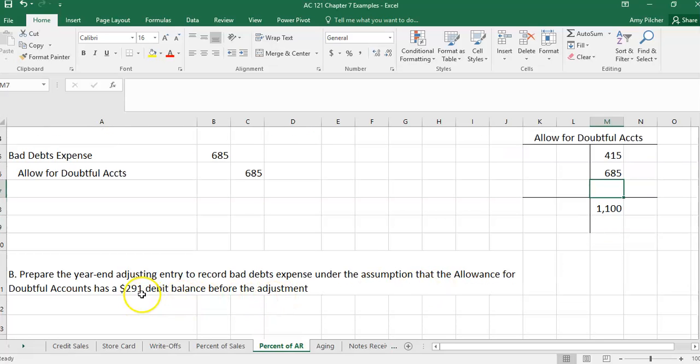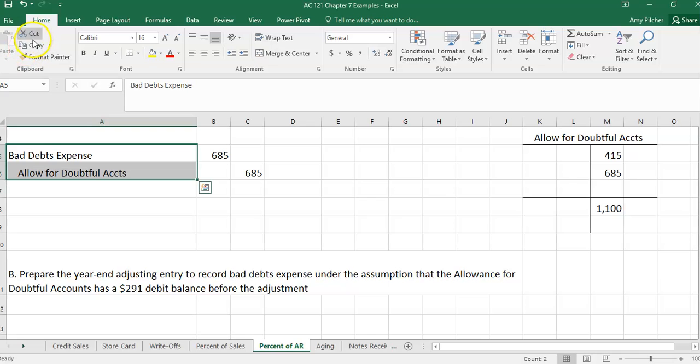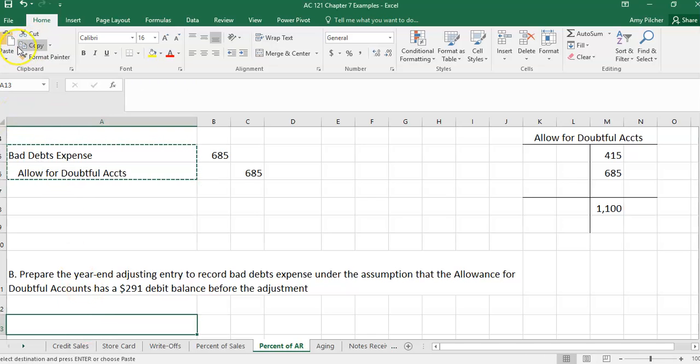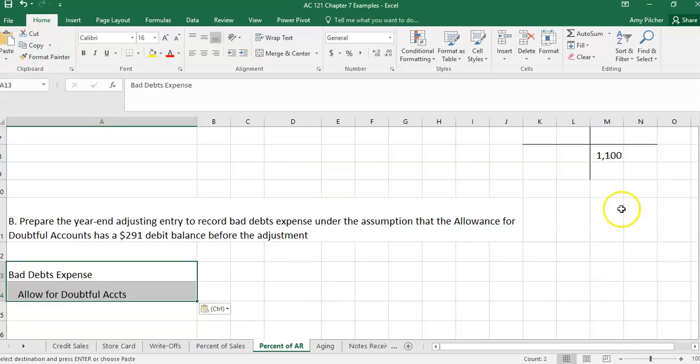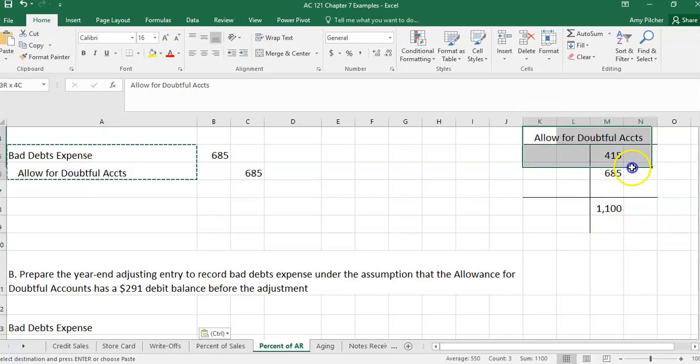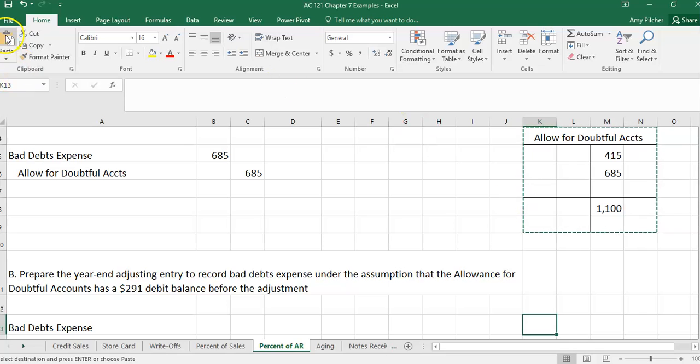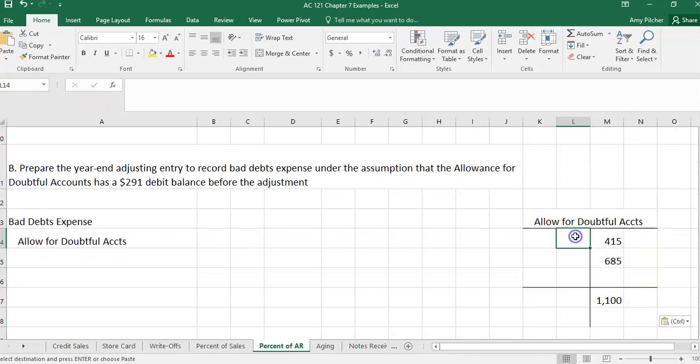The second part of this says, what if instead we had a $290 debit balance? Well, the journal entry is the same, it's just the amounts that change. So now let's bring our T account down here and put a $291 debit balance. Now we need to record a credit that makes this balance